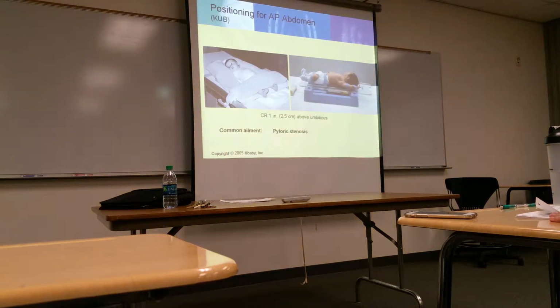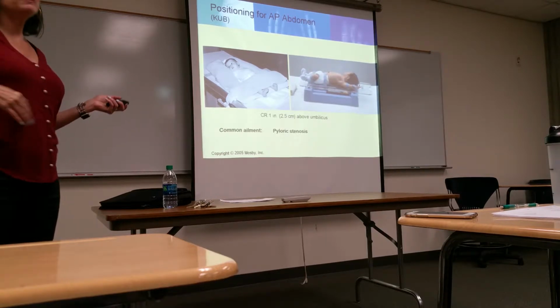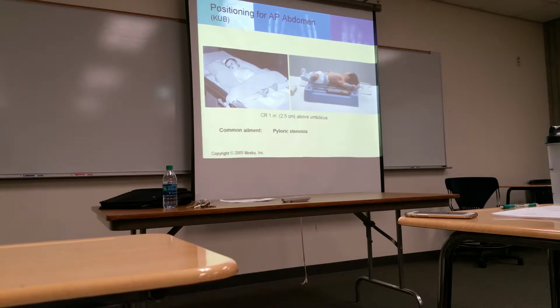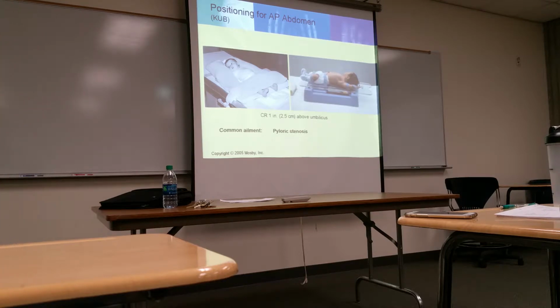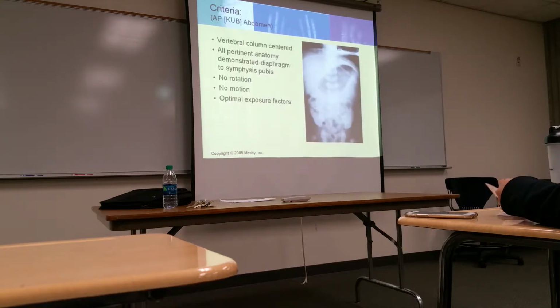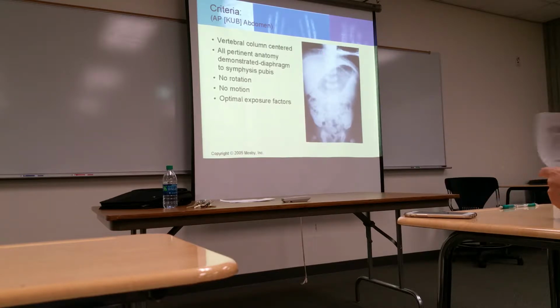So positioning, so for an adult, you do the mid-sagittal plane at the iliac crest, right? For an abdomen, so where are you going to do that for a pediatric patient? So we usually do 1 inch above the umbilicus. So we preach don't use soft tissue landmarks, but in this case, you can use that. So 1 inch above that, and same kind of criteria, no rotation, vertebral column in the middle, and